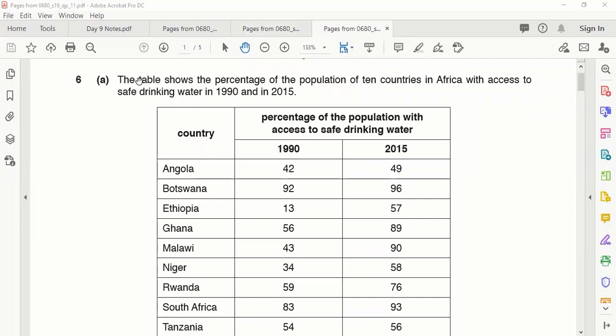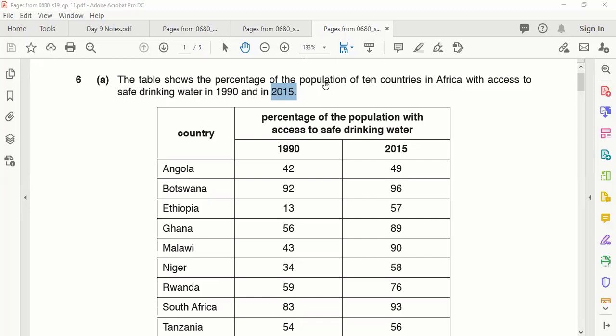Yes. Okay, the table shows the percentage of population of 10 countries in Africa with access to safe drinking water, from 1990 to 2015, almost a 25 years duration. Now they have described the percentage. So in IGCSE, to understand a question also means you have answered half of the question. So first of all, you should read the question carefully, understand the question, what is given and what